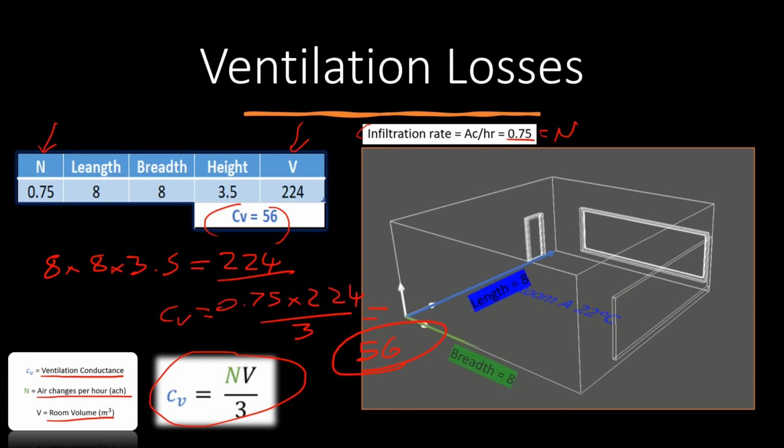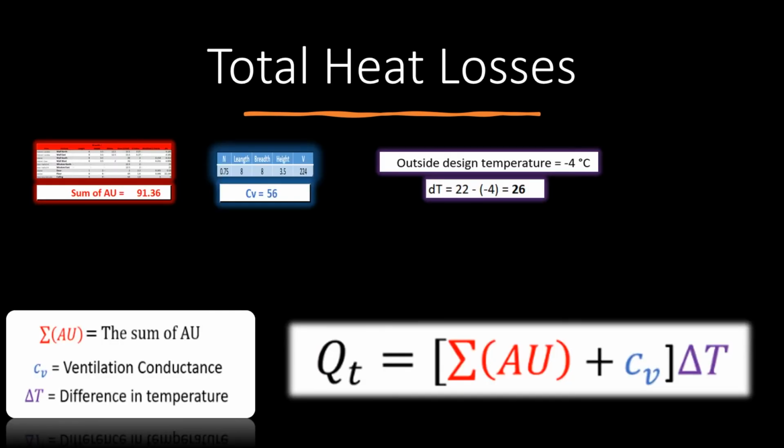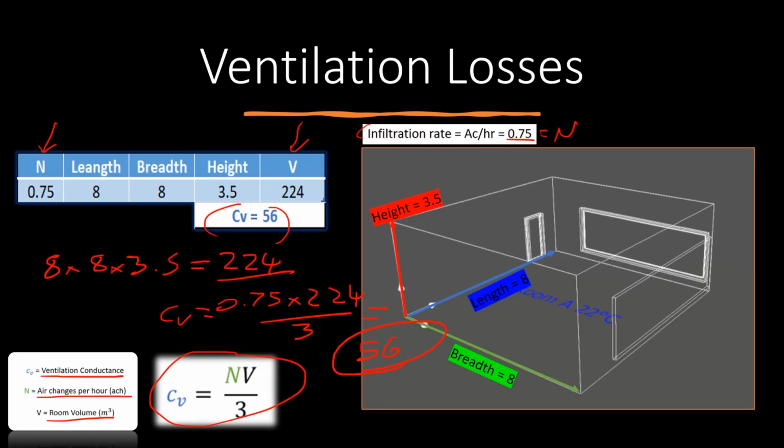Okay, so let's take a look at the final question, or the final formula. So we've got the sum of AU, which we've calculated is 91.36. Onto that we're going to add this 56 for ventilation losses, or ventilation conductance. Remember, all that's saying is if, say this room here had a vent, or even if it doesn't have a vent, you'll have air coming in and out, or else everyone would die. So if you imagine you've got hot air, or just air, the old stank air coming out through that vent,